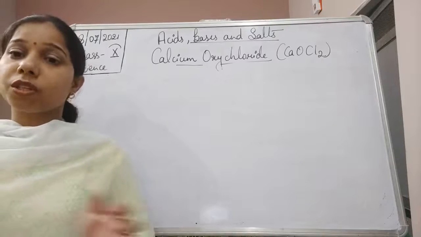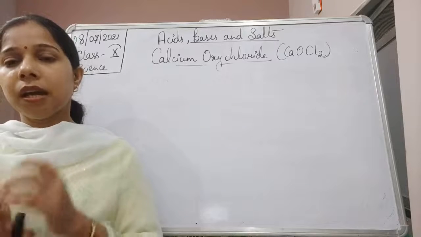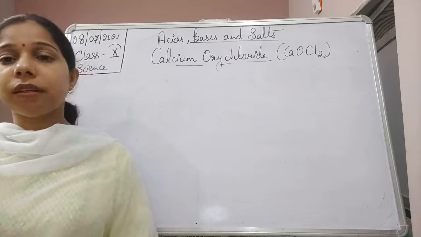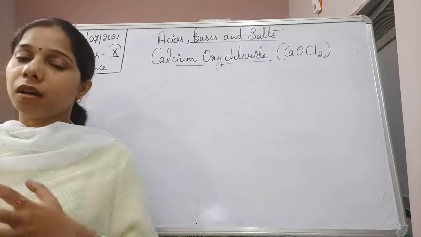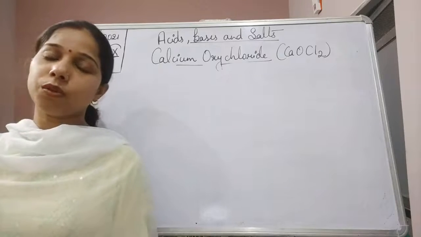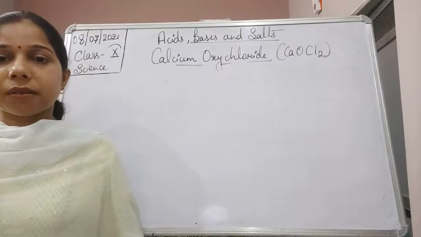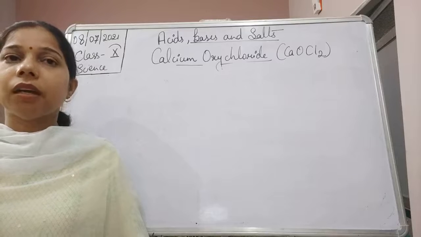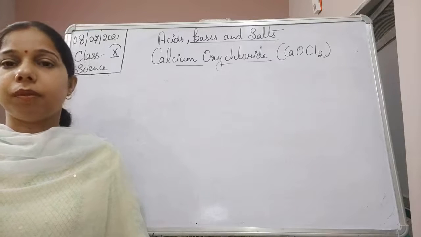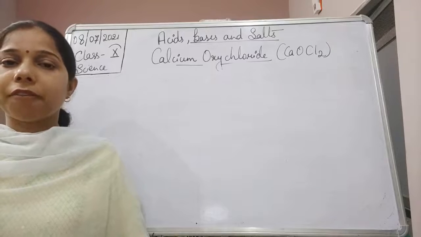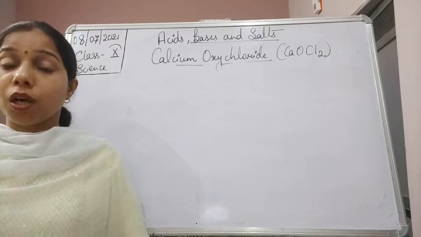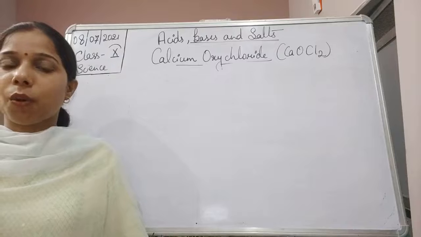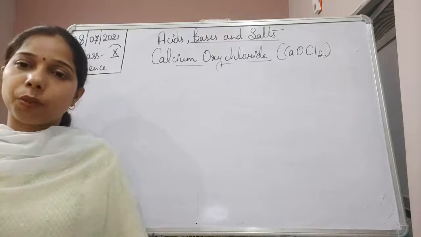Talking about washing soda, which is sodium carbonate decahydrate, it is formed when sodium hydrogen carbonate is heated strongly. Then it releases sodium carbonate, and carbon dioxide and water are also released. When we recrystallize the sodium carbonate, students, it reacts with 10 molecules of water, and finally forms sodium carbonate decahydrate. So in the first case we got the soda ash, but when we recrystallize it with water, we get sodium carbonate decahydrate.